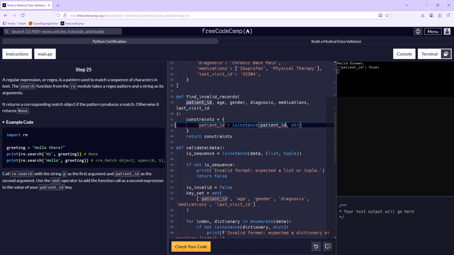I don't know what this is supposed to look like. Call re.search with the string p as the first argument and patient ID as the second. Use the AND operator to add the function call as a second expression to the value of your patient ID key.